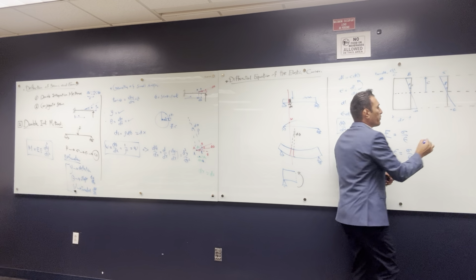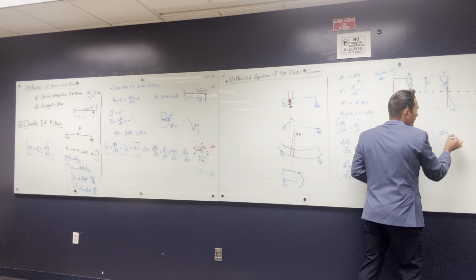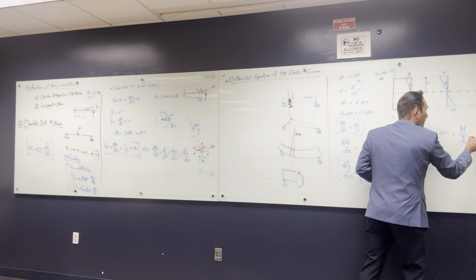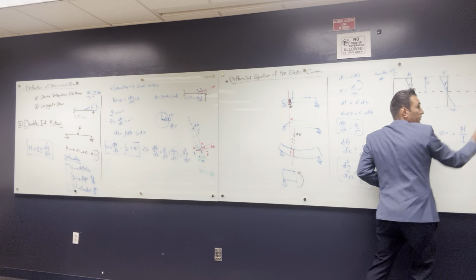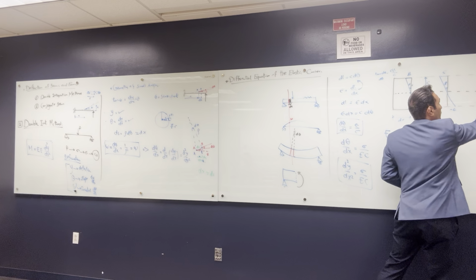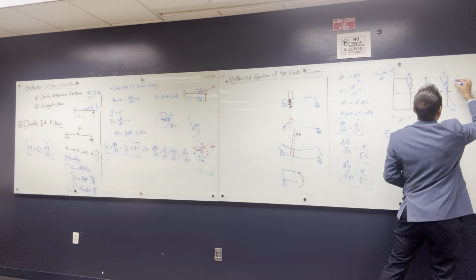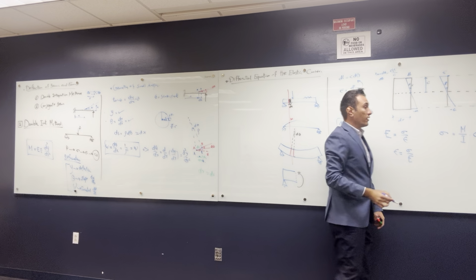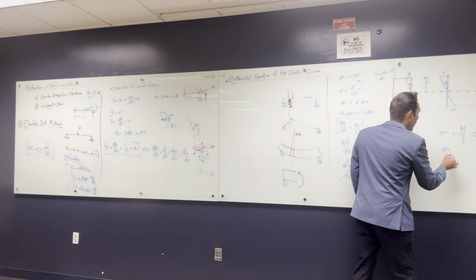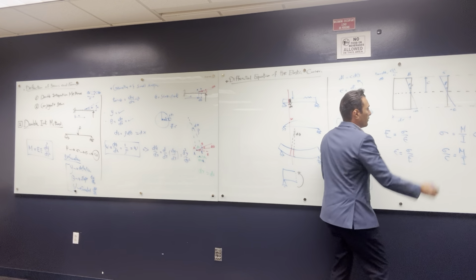Okay, so if you guys remember, if you want to know the sigma as a function of the moment, sigma was always equal to M over I multiplied by the distance that you are getting this from. So here the distance is 0, here the distance is 1, 2, until you get to C, if I want to know what is the maximum stress that this cross section has. Okay, so sigma over C is equal to M over I. We call this,